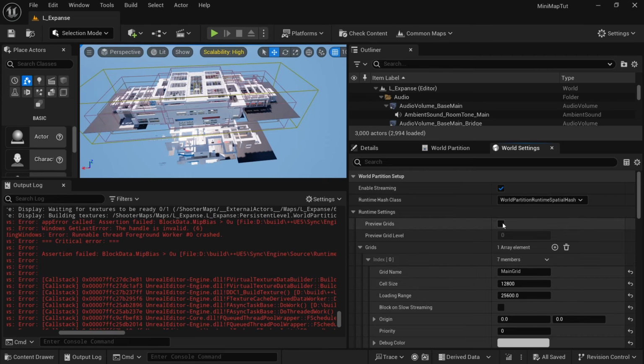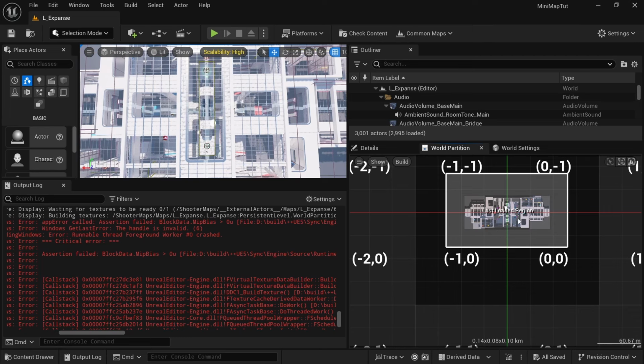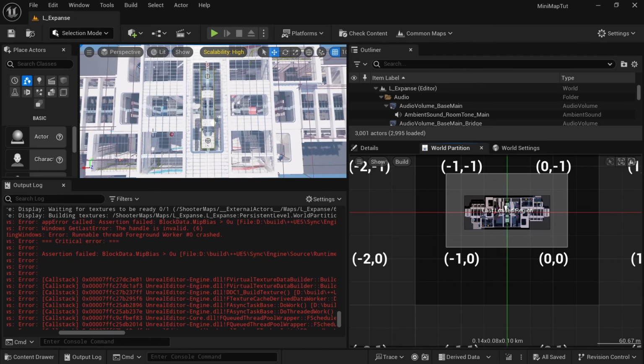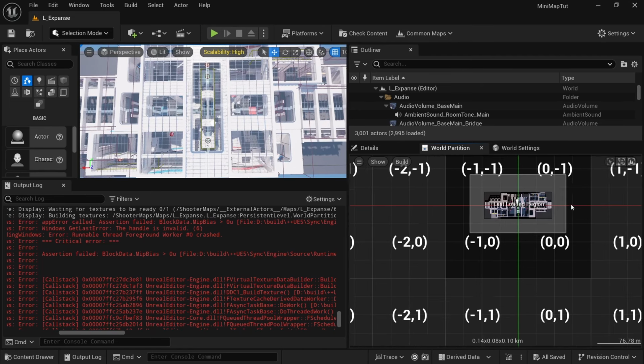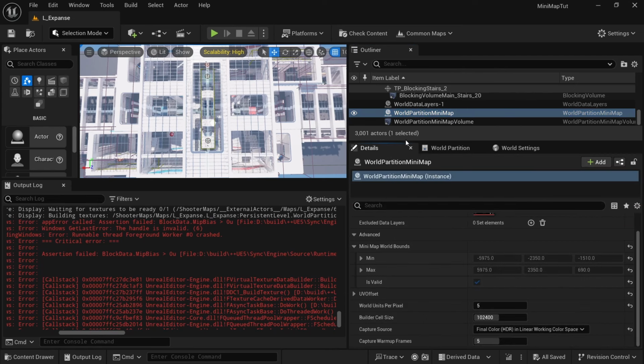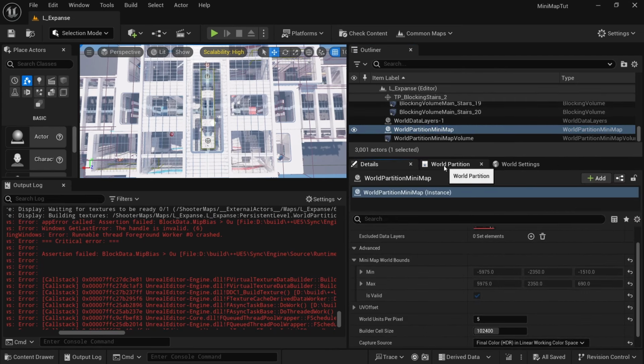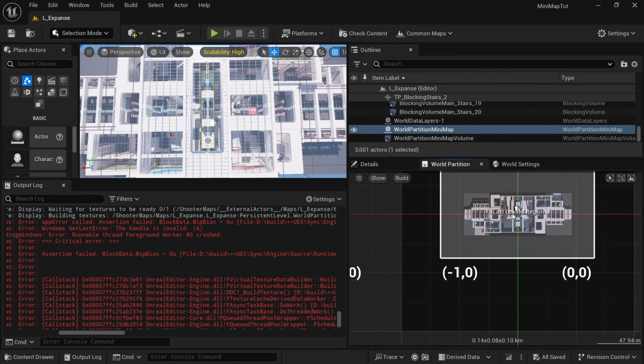And if you want to preview your grids, it doesn't do much in this project because it is smaller than even one partition cell. But you can sort of see the faint outline of the gray. And if you have a bigger world, you'll see all the lines all over the place, and they will correspond to each cell. Back at your World Partition minimap, I'm going to click on that, and let's just say that